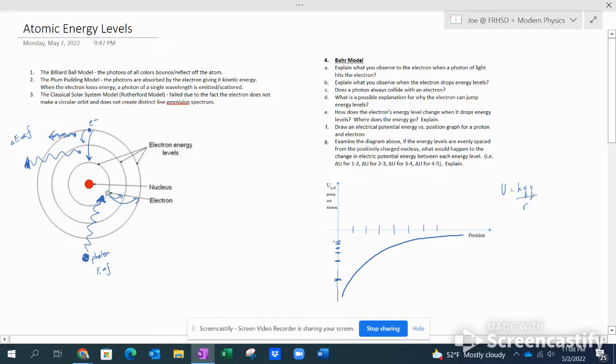So you can almost think of these lines as various energy levels for the electron, where the lowest energy level would be the first energy level, then the second energy level, the third energy level, and so on and so forth. Where the difference from the first energy